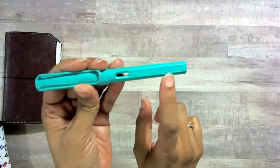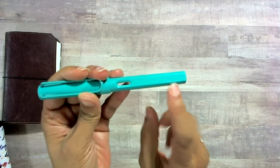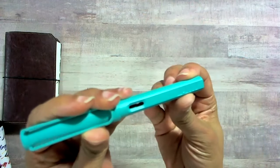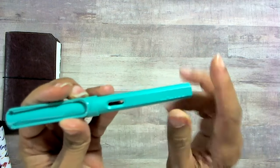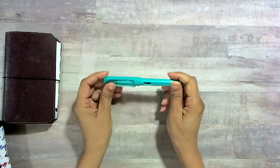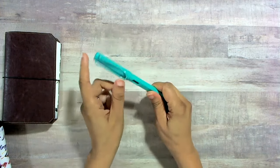And they don't have the Lamy logo though. They won't have the Lamy logo. So if you want the authentic Lamy, make sure you are picking up one that actually has Lamy on it. I love these pens. I should have brought out the one, and I will grab it, but